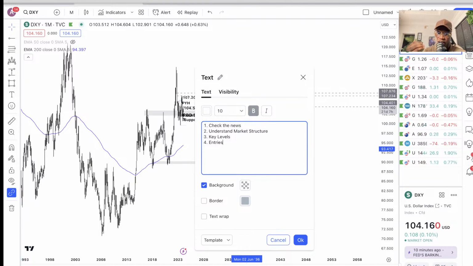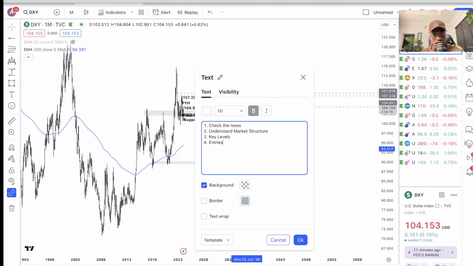Are we seeing an engulfing candlestick? By candlestick confirmation, I'm talking about candlestick patterns. Am I seeing an evening star at the top of a trend? Am I seeing a morning star at the bottom of a trend? Am I seeing a bullish hammer? Am I seeing a shooting star? I want to be sure what I'm seeing. Is it a doji? Is the market trying to be indecisive right now? Then I know that, okay, if this is occurring at the top of a trend, I should expect potential reversal. So what happens after this pattern? Do I get a reversal? Do I get a continuous move? I want to pay attention to the candlestick, and that's how I identify my entries.